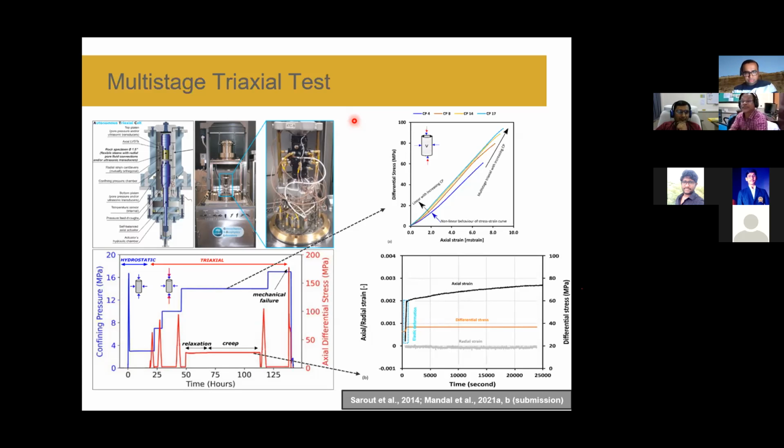I think we do not have any more questions in the chat box. There's one more question. Are we using some type of scaling while predicting for Earth at certain depths? By scaling, I'm not sure what you are mentioning. I think he's talking about some kind of scale you are using. There are many types of scales available to predict pressure variations at a certain depth of the Earth.